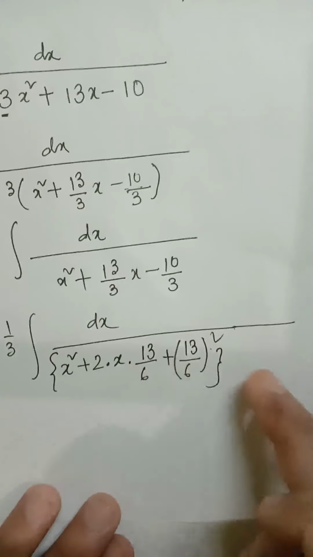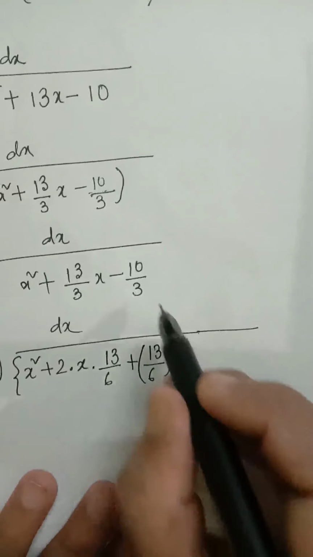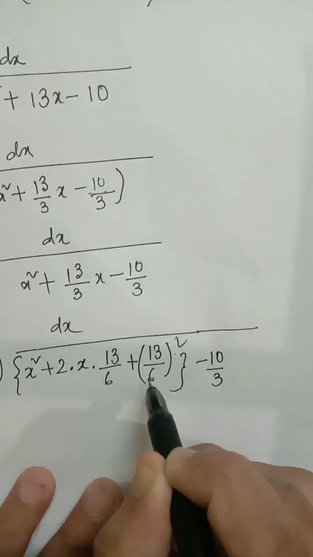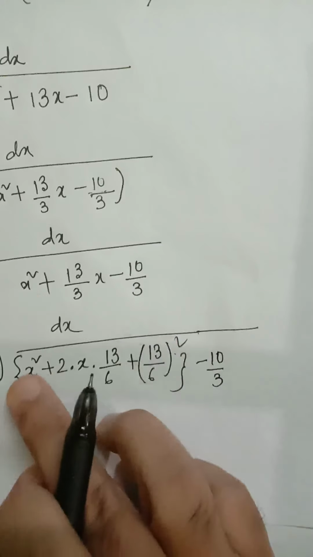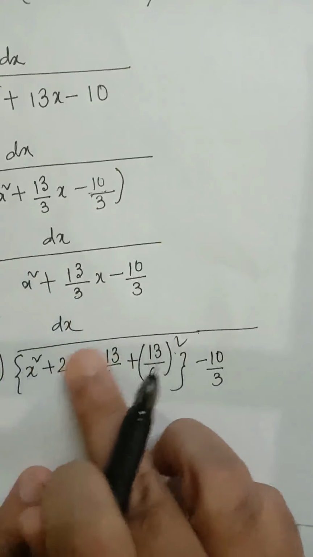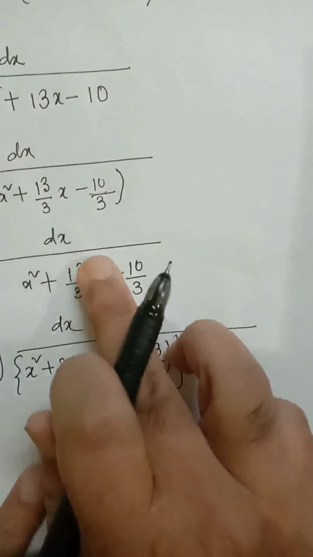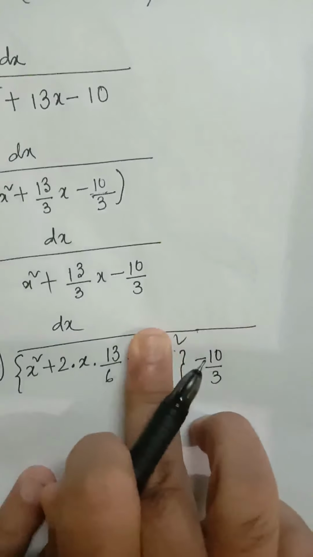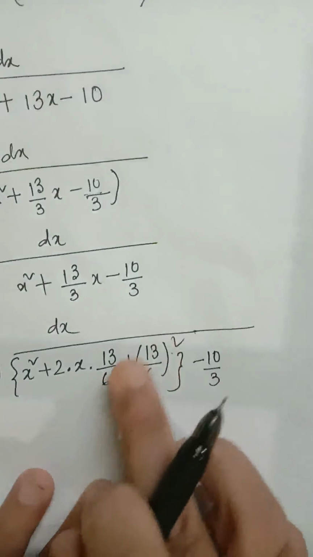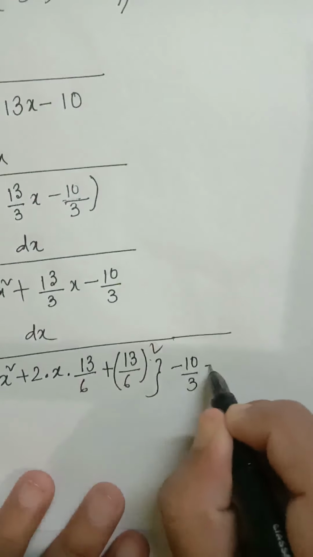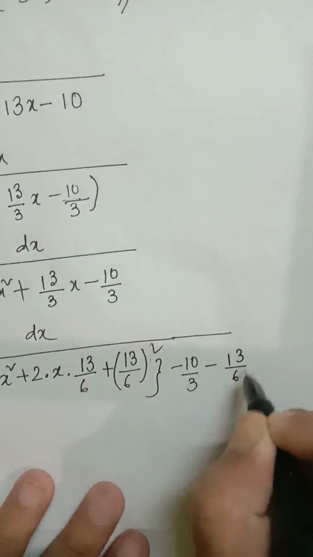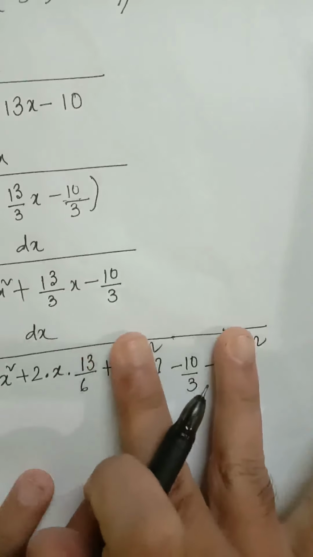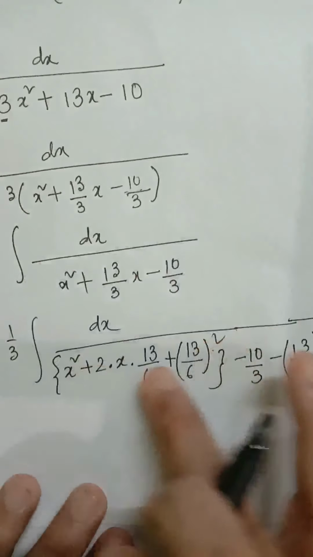Now it is the whole square form, (a plus b) whole square, minus 10 by 3 I am writing here. Now this term, 13 by 6 whole square, I have written extra. This term was not there in this line. I have added this here, and to adjust, since this is plus 13 by 6 whole square, we have to subtract 13 by 6 whole square. In that case, these two terms will get cancelled, and this and this will be the same.